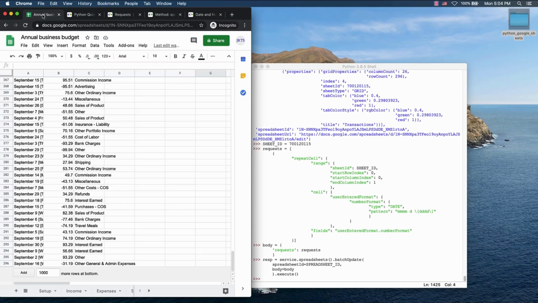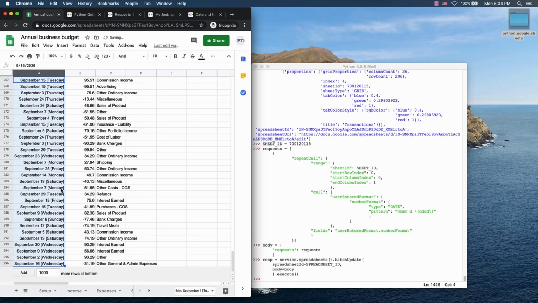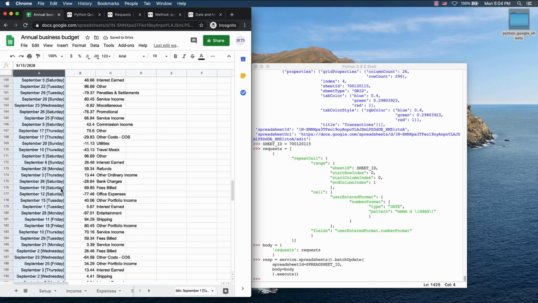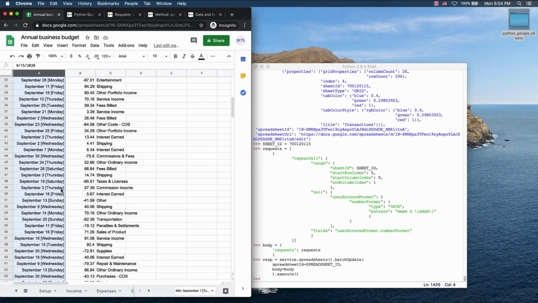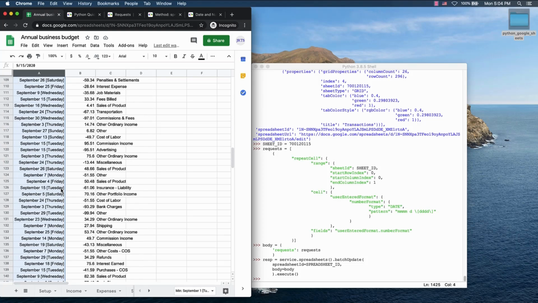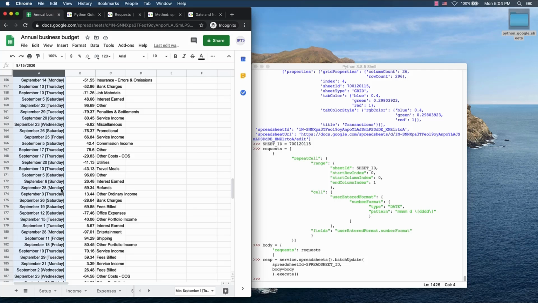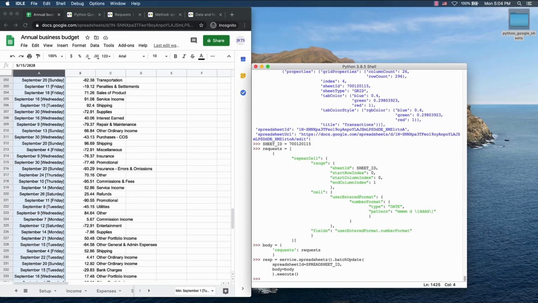Let's open up our annual business budget, and you can see that we now have a different format for all of the dates. This will be helpful, and we can use it in our script, because when we add the transactions from the CSV file, it may not automatically pick up on the date format. So we can execute this every time we add transactions to make sure all the dates are the same. Let's go back to our script,